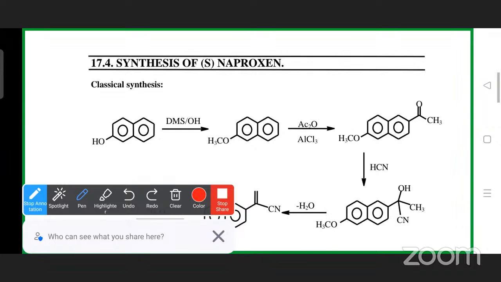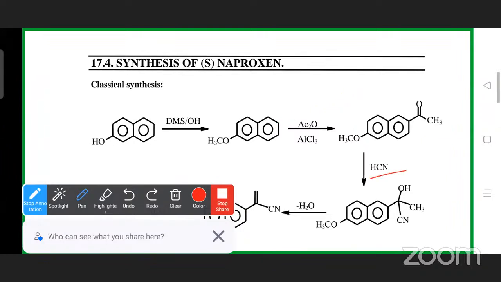Right? So then this naphthyl methyl ether undergoes the Friedel-Crafts acylation reaction, right? Then it undergoes the acylation reaction here. Then the acetyl group is going to add at the second position of the other benzene ring here, so it becomes the two-acetyl methyl ether. Then further it is going to be